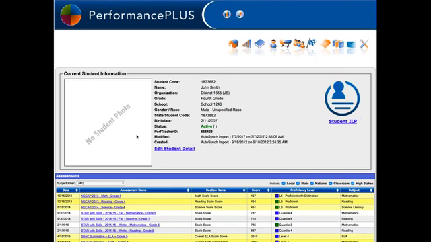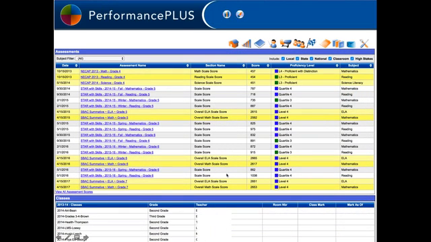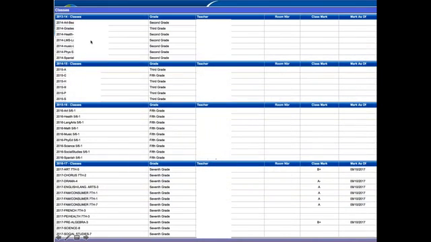So the first screen, when you're looking at a student, will give you the main information about the student. And then you'll be looking at any kind of assessment. As you scroll down, you look at all the assessments that this student has taken in New Hampshire that have ended up in P+. You can see the different levels. Here's math, reading, science, the STAR data. Whatever assessments are in P+ for this student will show up here. Next, you can see the different classes and teachers that they've been in. I've whited out some of these things and what grades they had them. And some people actually put grades in there. I haven't seen that a lot, but you can do it.